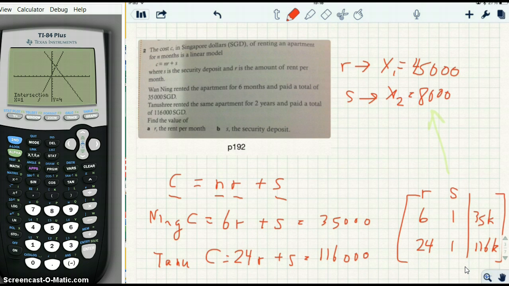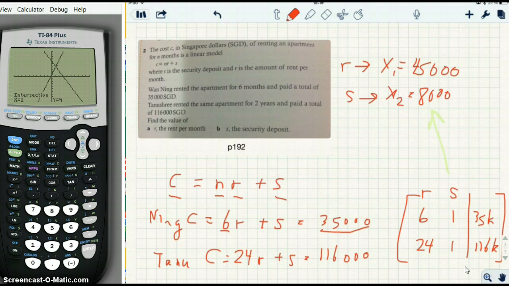Now, for Ning, he rented the apartment for 6 months, so we put a 6 in for N, and he paid 35,000 Singapore dollars. So it's 6R plus S equals 35,000. We don't know what R and S are yet, but if we have Ning's total and the number of months he stayed, and we have